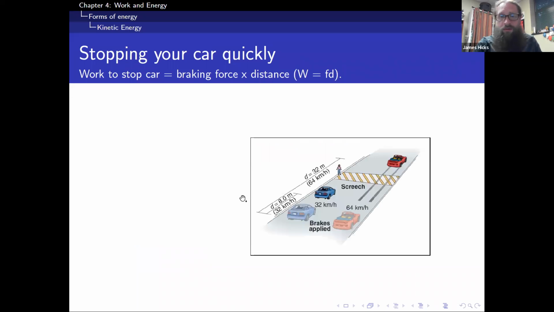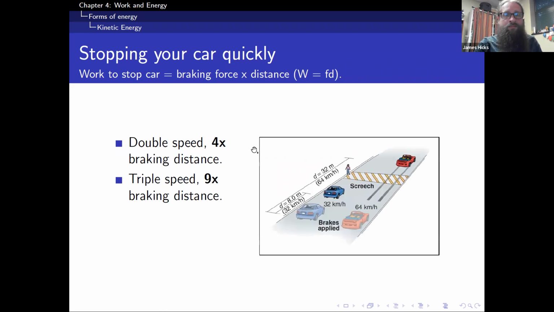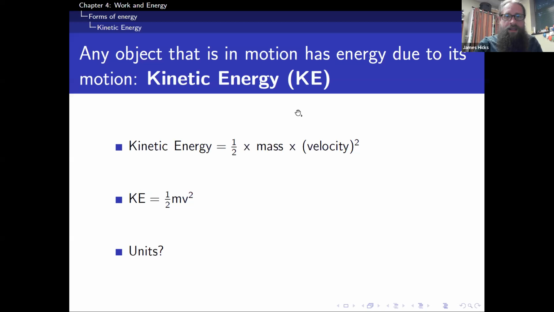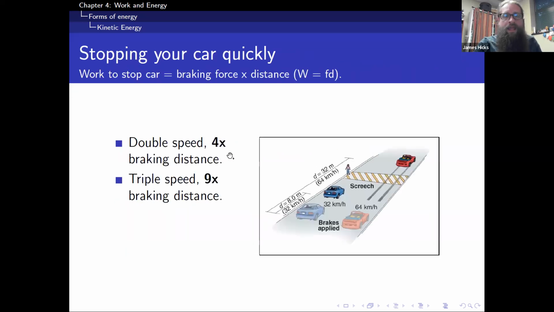Quick example of where this might be practical. If we have to stop our car really quickly, because speed or velocity shows up squared in the kinetic energy, if I double my speed, it actually takes 4 times the distance to stop. If I triple my speed, my braking distance goes up to 9. That's why you've got to slow down when you go through a school zone, because how long it takes you to stop is really sensitive to